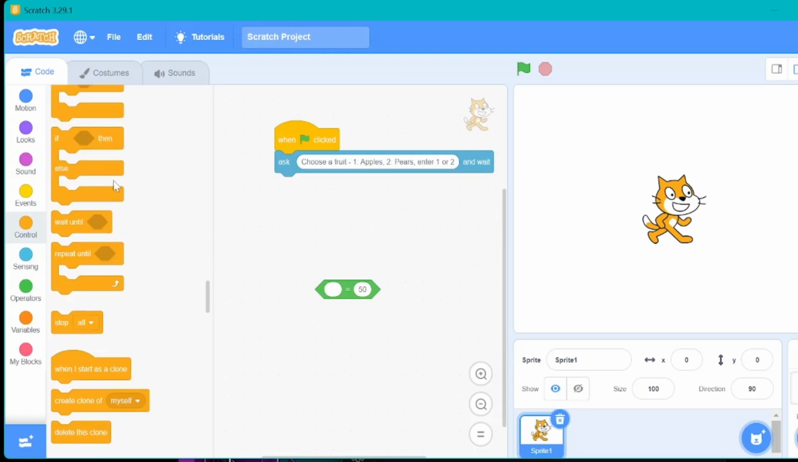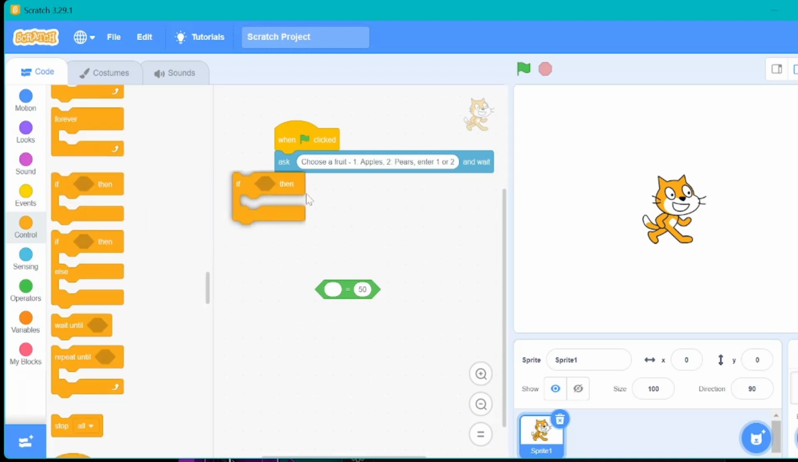So let's go up to control. We'll do an if then right here. Essentially, all we're saying is if the user enters 1, then we'll say, yummy apples. And if they enter 2, well, we haven't got that far yet. So right now, it's just if 1, then awesome. So we'll take this comparison, pop it right in there, and we'll say, okay, if answer,